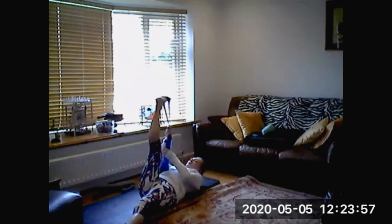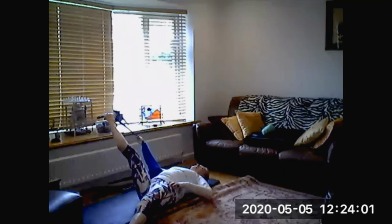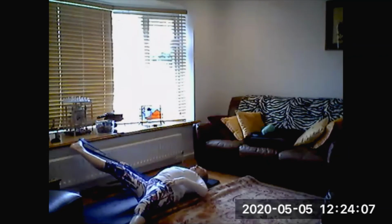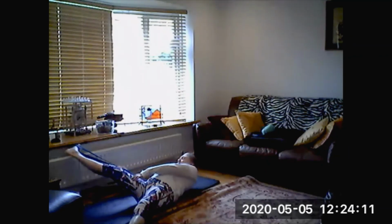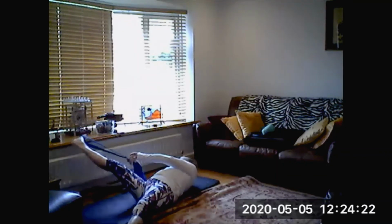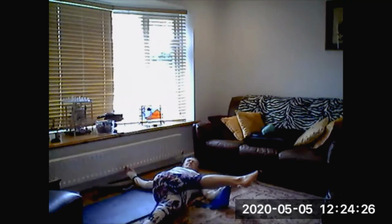Okay, we're going to lower the leg now, depending on which leg you've got up, of course, out to the side. So with my right leg, I'm dropping my right leg down to the side, or if you've got your left leg, down to the left. And just hold this stretch. Again, very important stretch for your inner legs. Okay, bring the leg up, over to the other side,